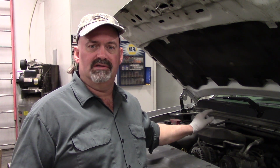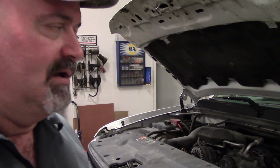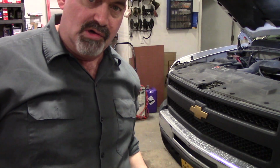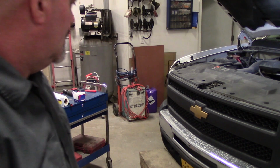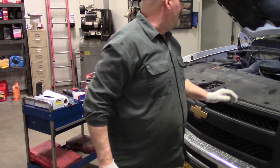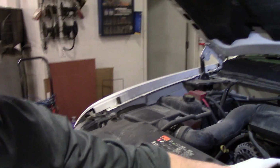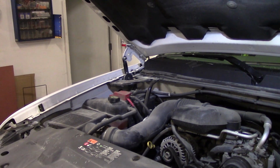In this case, I'm going to flush and fill the cooling system, replace the thermostat as well, since it's kind of due for that anyway. So probably a good idea to get a drain pan. I recommend doing this with the engine cool so you avoid burning yourself. But we'll just slide a drain pan under there for starters. And first thing you want to do is loosen this air intake duct right at the throttle body. Just loosen that clamp around there,